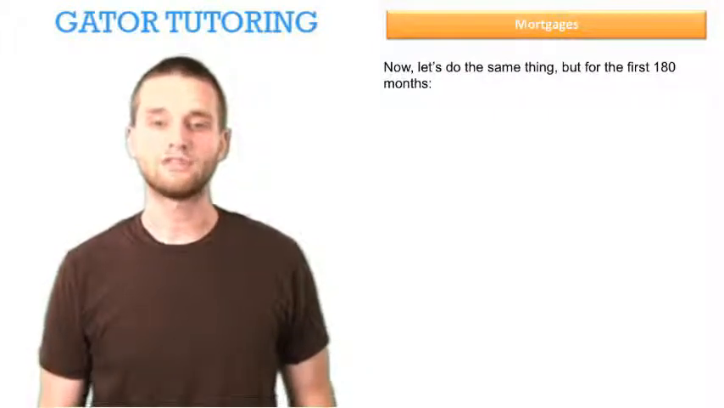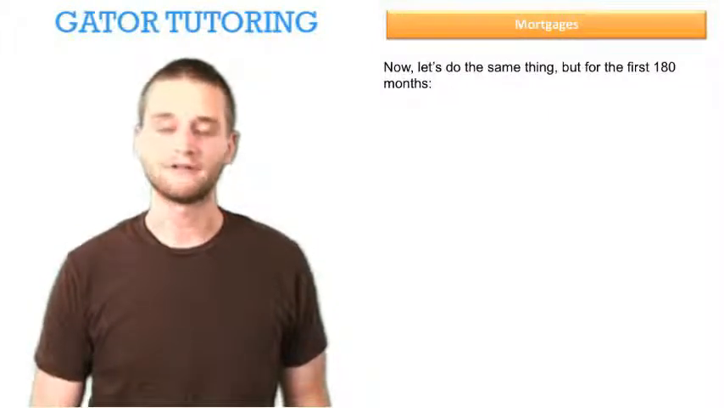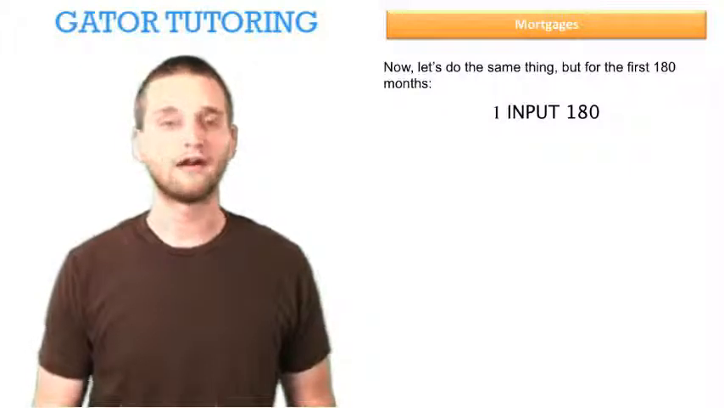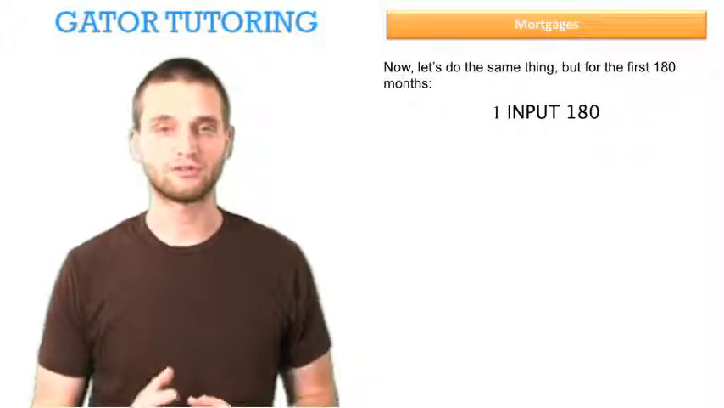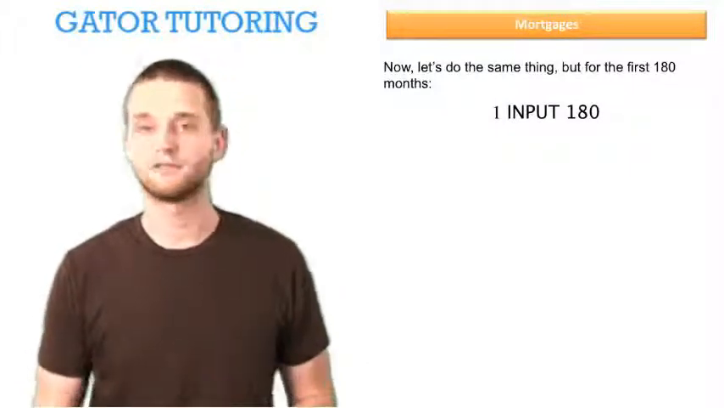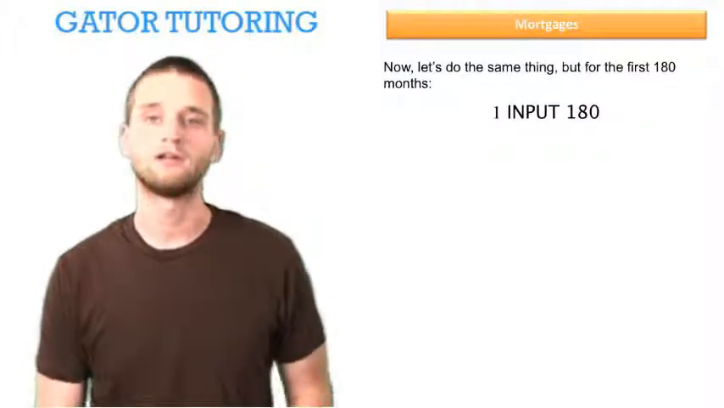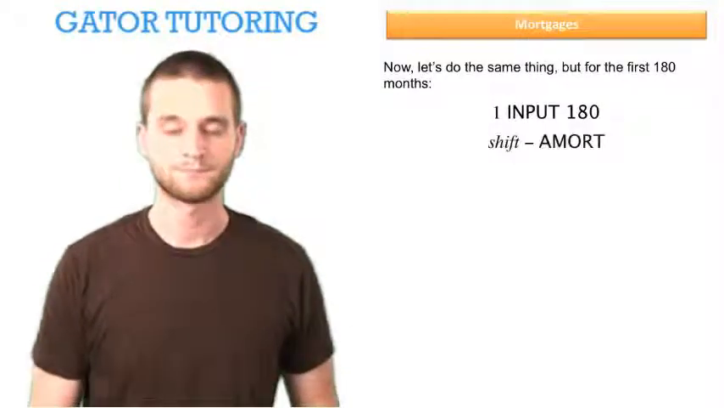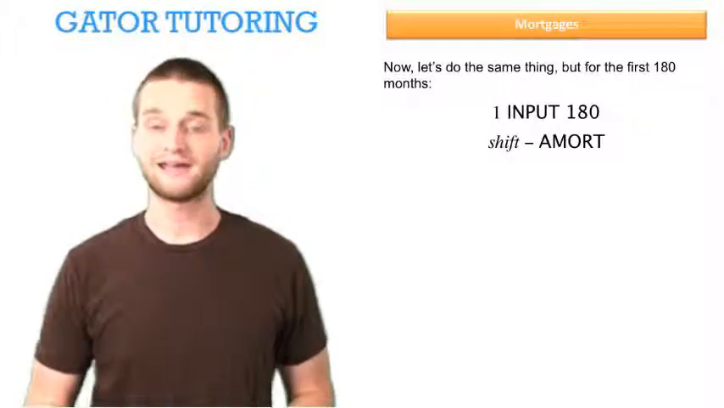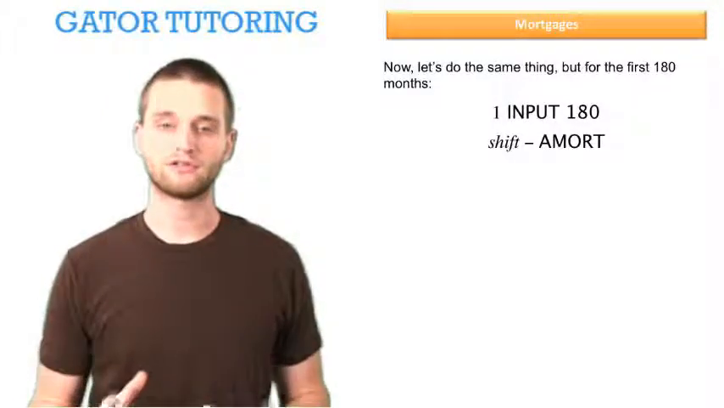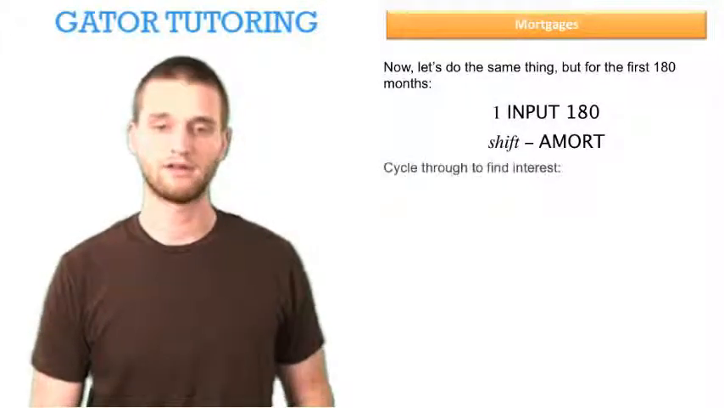Now let's do the same thing, but for the first 180 months. So we just need to tell the calculator that we just want to concern ourselves with the range from month 1 to month 180. So we just press 1, input 180. Then we press Shift Amort to re-amortize the loan over this first half of its life, and we can cycle